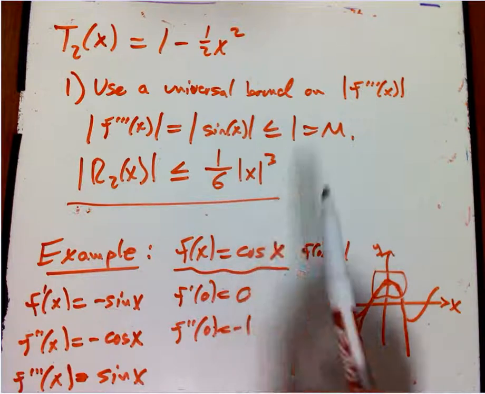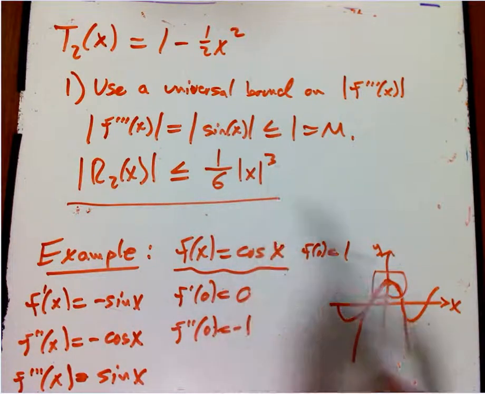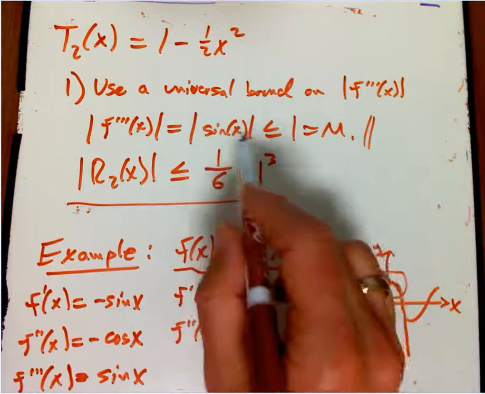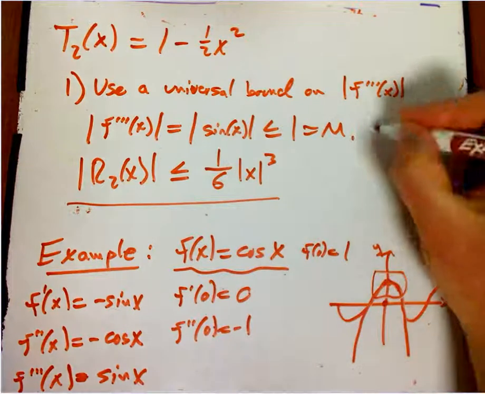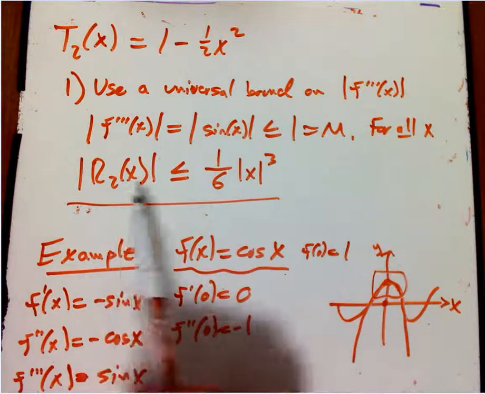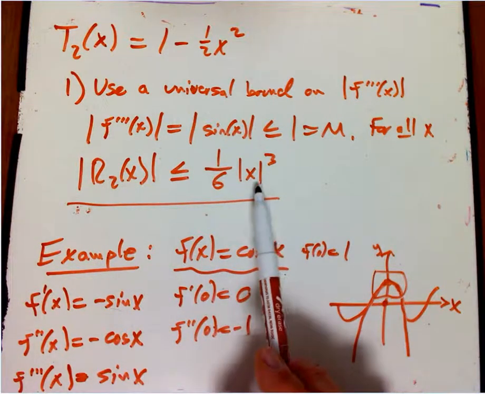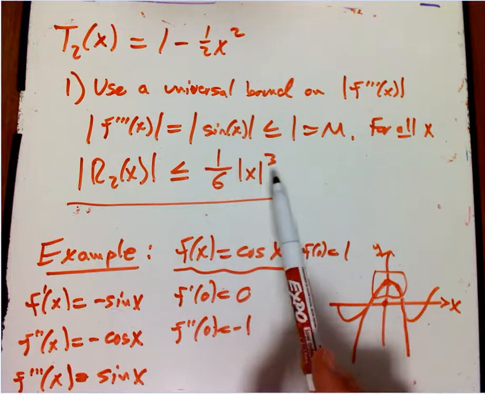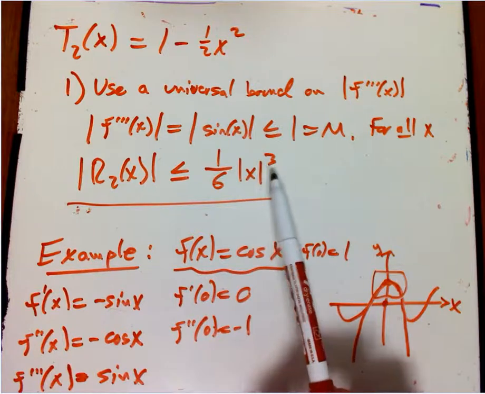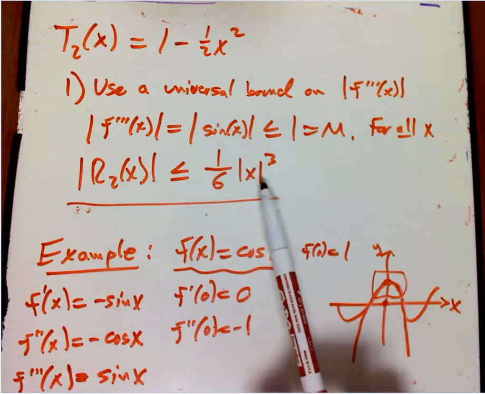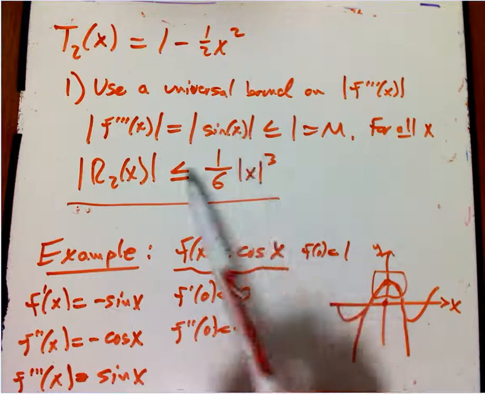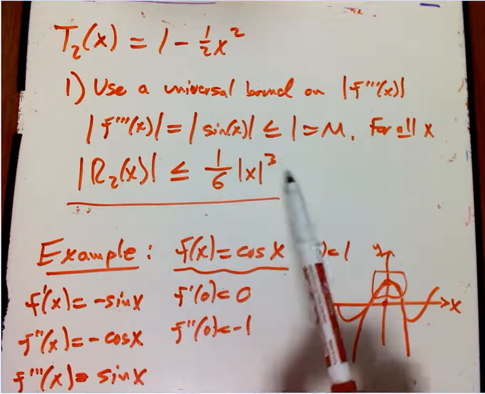So that's interesting. No matter how far you go from 0, this is a little bit unusual because we could use this universal bound that was true for all x. Let me emphasize that. For all x, we can say that the remainder is always less than or equal to 1/6 times the absolute value of x cubed. There's a good and a bad side to that, and it's very, very common. When x is smaller than 1, especially when it's quite small, cubing it is a really good thing, makes a really small number, and tells you that this is actually pretty darn close. When x gets bigger than 1, especially if x is rather large, the cube hurts you and tells you that,